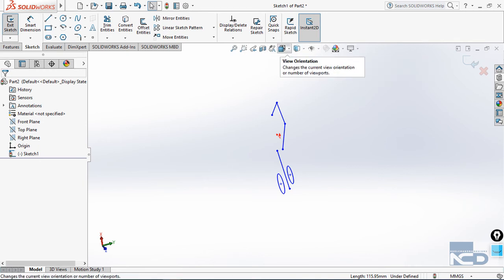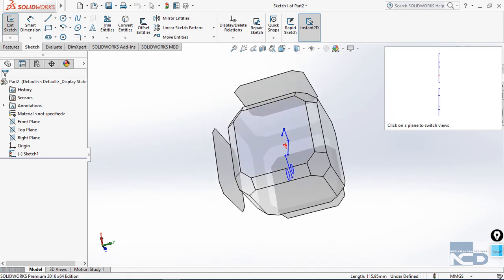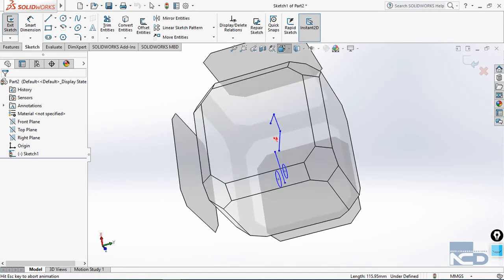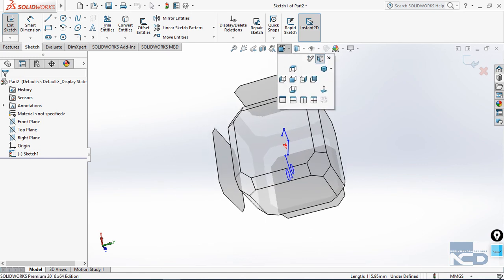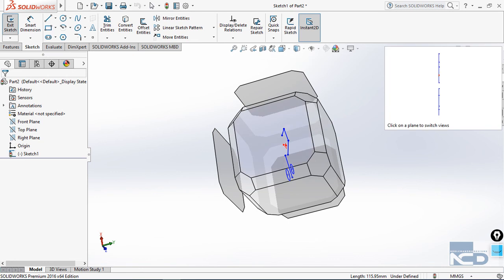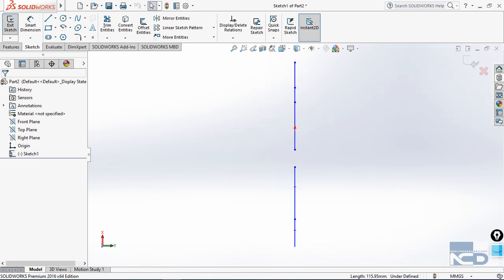Here in this section you will find the view orientation in the middle. Just click on the arrow provided right in front of it, and the orientation box and the orientation list will appear. Whatever view you want, just click on that plane or orientation box, and your diagram will be adjusted accordingly, not only for 2D designs but 3D designs as well.